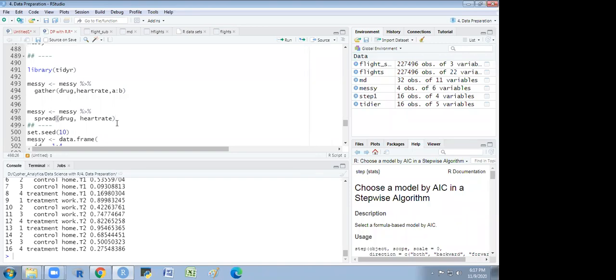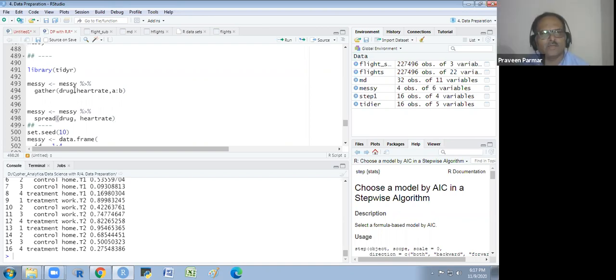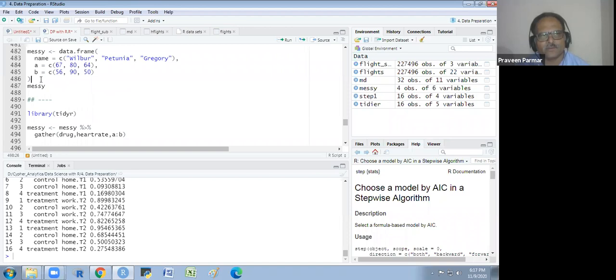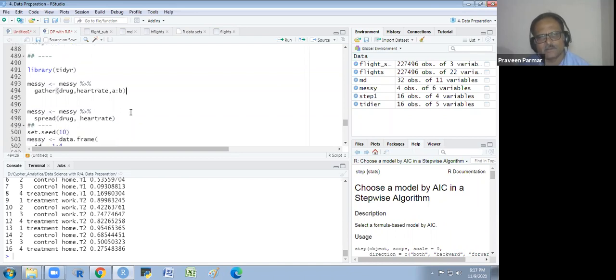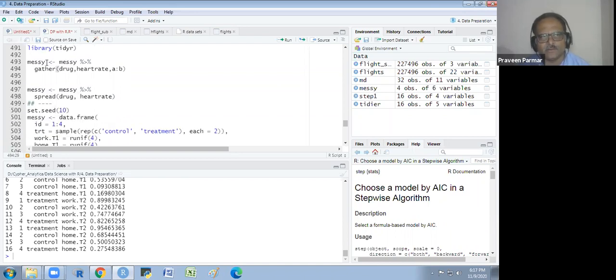Again it's saying that can't subset columns that don't exist. No, you again run this. First run this, then this, and then you put this Messi in this way, assign it, and then you run it. I think it will work. And after running it, you see what this is, and then you run this spread and you see what happens now. I think it should work. Try it.